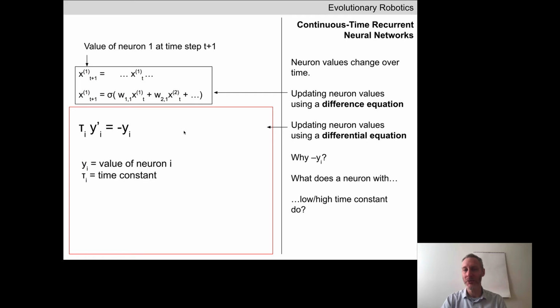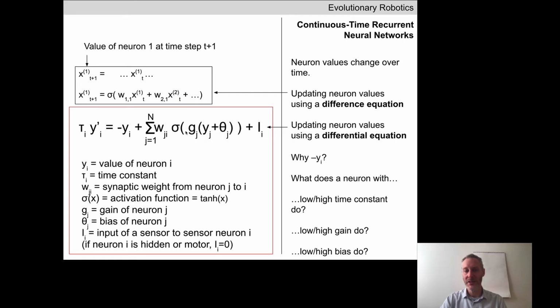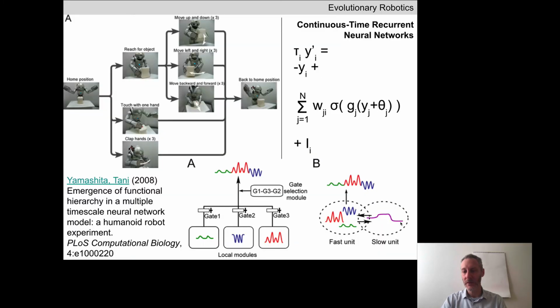So whatever is happening on the right-hand side of this equation, let's fill in the rest of the details here. We take this whole thing and we divide by 1,000,000. Whatever these values are, the rate of change is always equal to something divided by 1,000,000. The rate of change is slow. So they're setting the taus in here to be very close to 0, and they're setting the taus in here to be large values, which means we now have a set of fast and slow neurons. And then they're going to evolve the weights and the gains and the biases to produce the behaviors